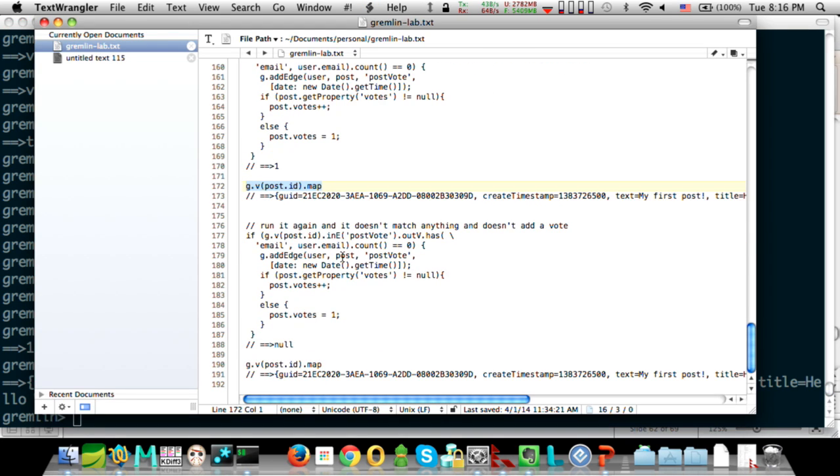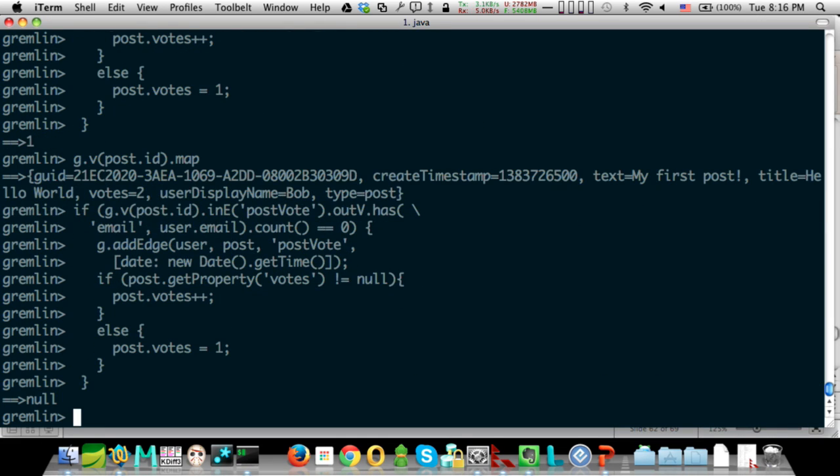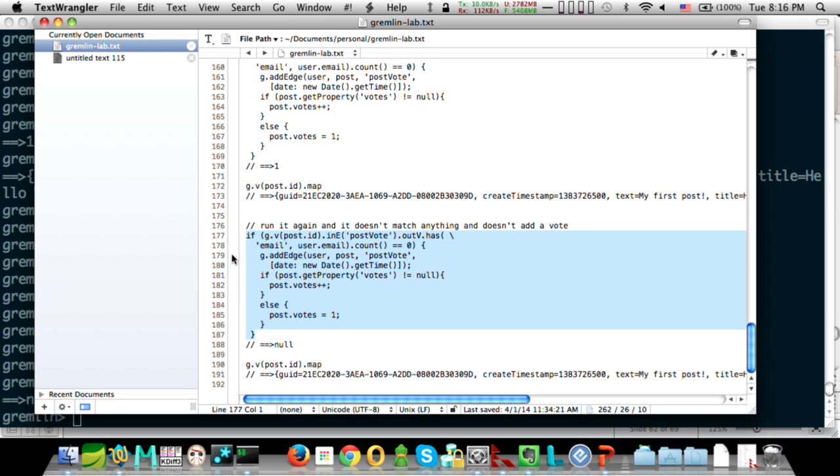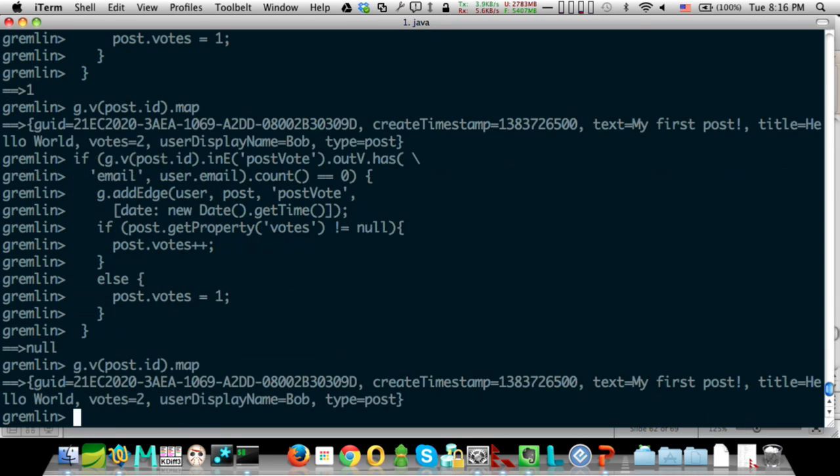But if I now run that exact same script, just a copy of it here, I get a null, indicating that it did not increment, it did not do another vote count. And sure enough, let's check; we can't up arrow because we're using return characters here. There we go, 2 votes. It didn't create that extra edge, it didn't increment that counter.